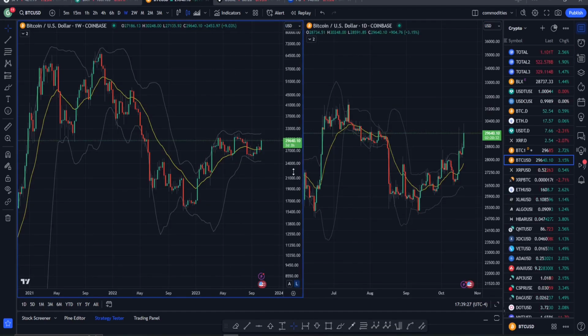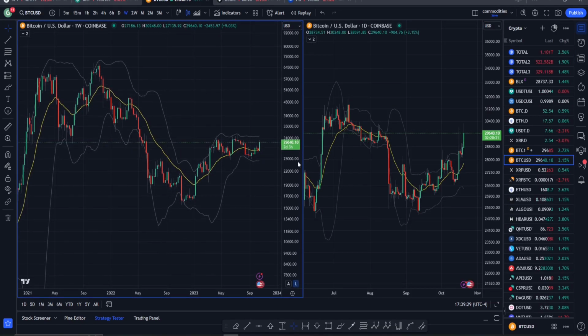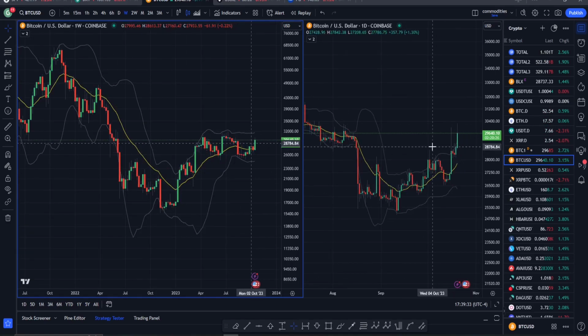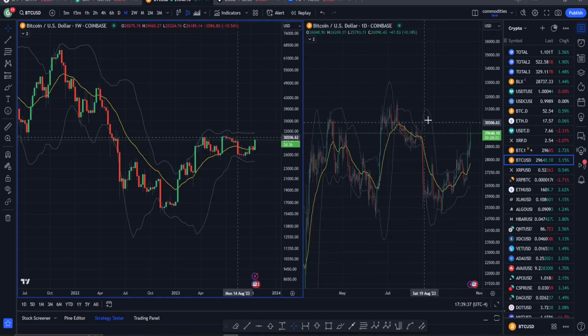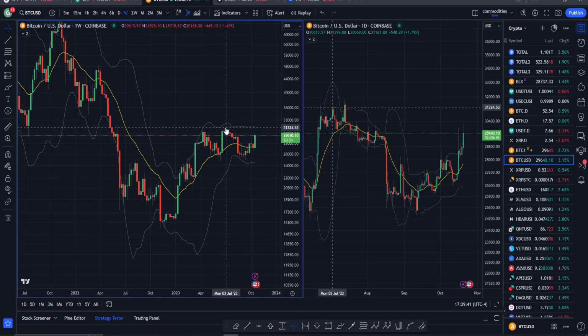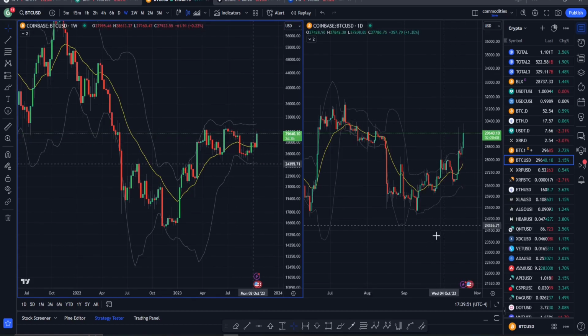Turning to cryptocurrencies, Bitcoin with a really nice green week here. As you can see, getting a nice breakout again today, breaking above these previous highs back here from the beginning of October and working its way up towards the middle of this weekly range. These previous highs are sitting at about that 32,000 mark, and these at about 31,000, with this upper extreme sitting at about that same range. So a nice bullish week here for cryptocurrencies, getting a nice reversal to the upside.